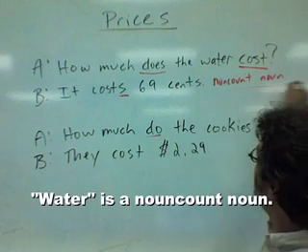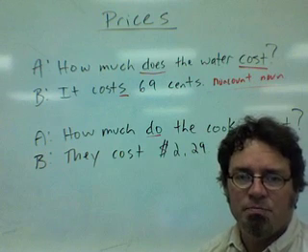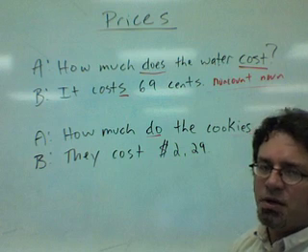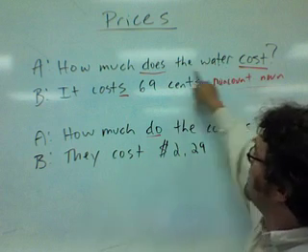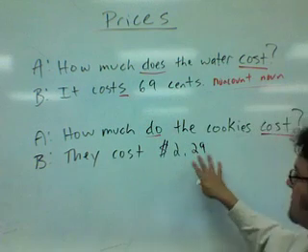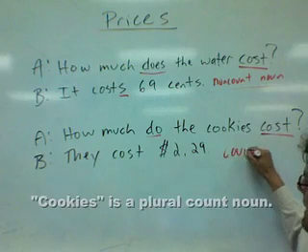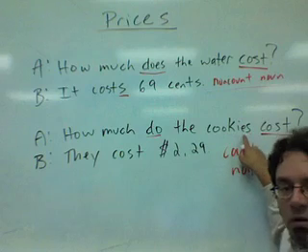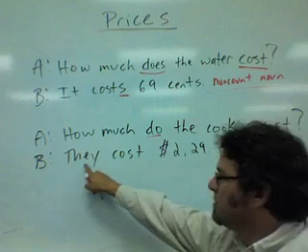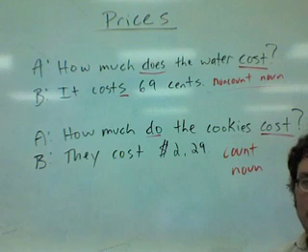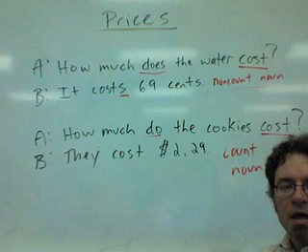Again, the difference here is the word water is a non-count noun. So when you ask about things such as rice, butter, milk, pop, oil, you're going to be using the singular verb when asking the question and when giving the answer. And this is a count noun, so when asking the question, you'll use the plural and use the plural in the answer also. How much do the cookies cost? They cost